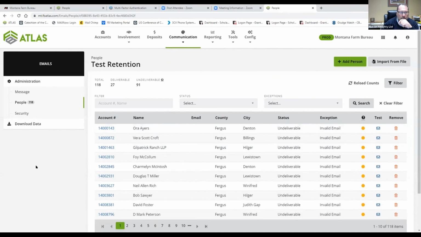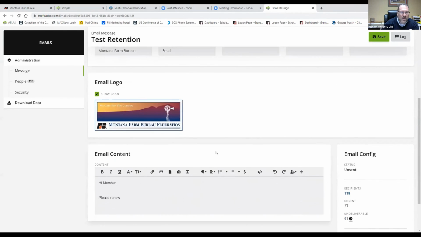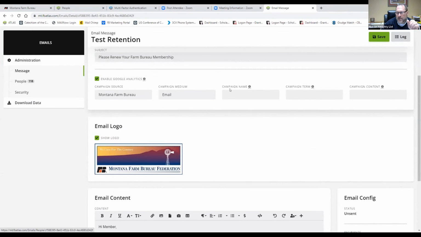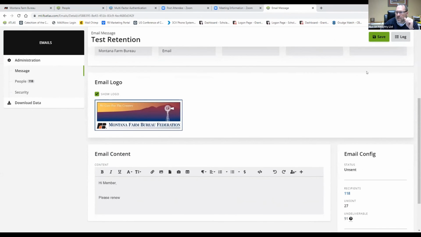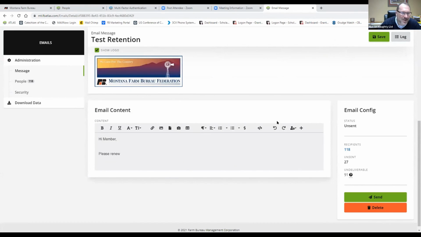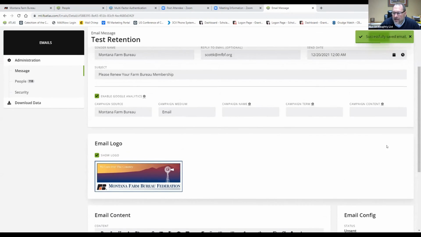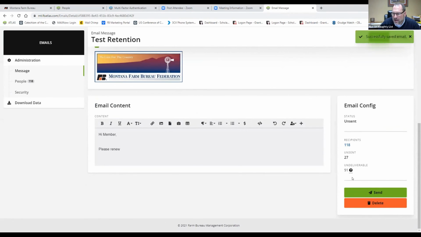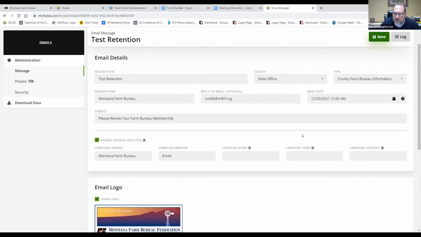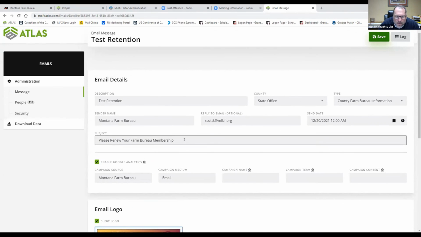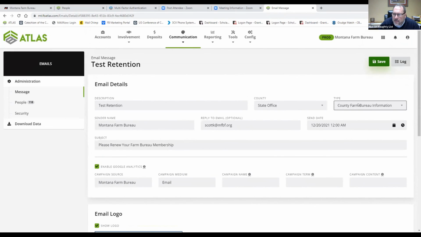So now I'm back at my email. You can see it's the one we were working on. And I've got 118 people in this email. I'm not going to push send because all those people from Fergus County would really get this email right now. But I do want to save it. And at some point, I want to test it and see what it looks like. And I can do that. It's not allowing me right now. I must have something that I've got